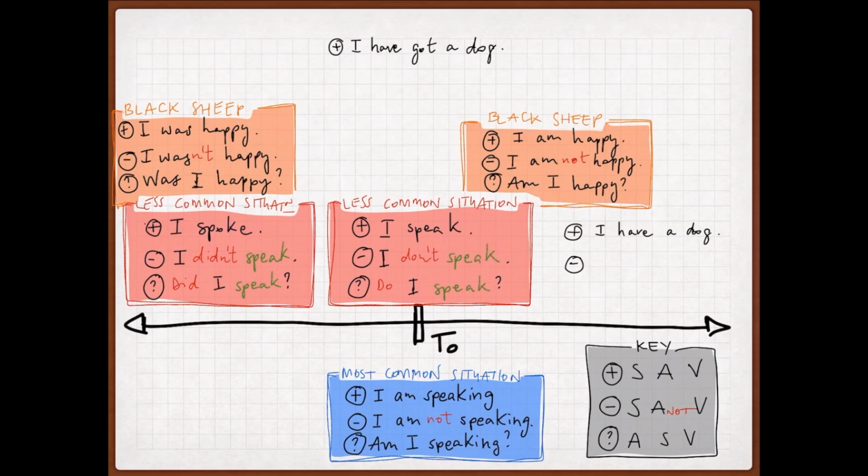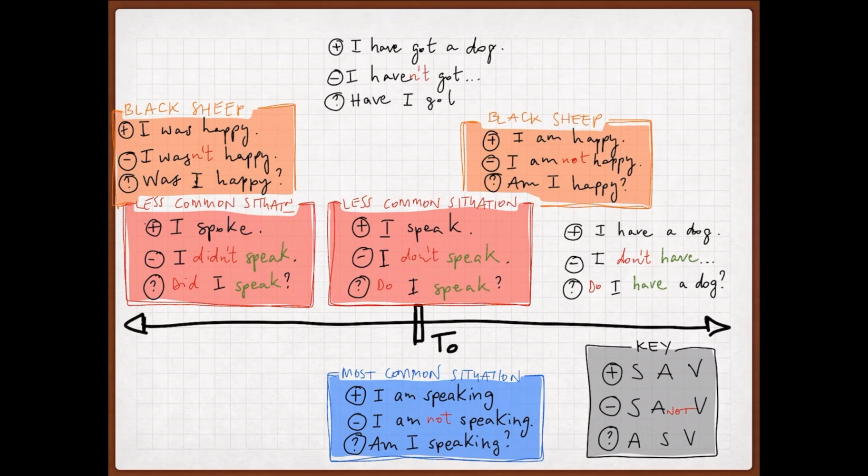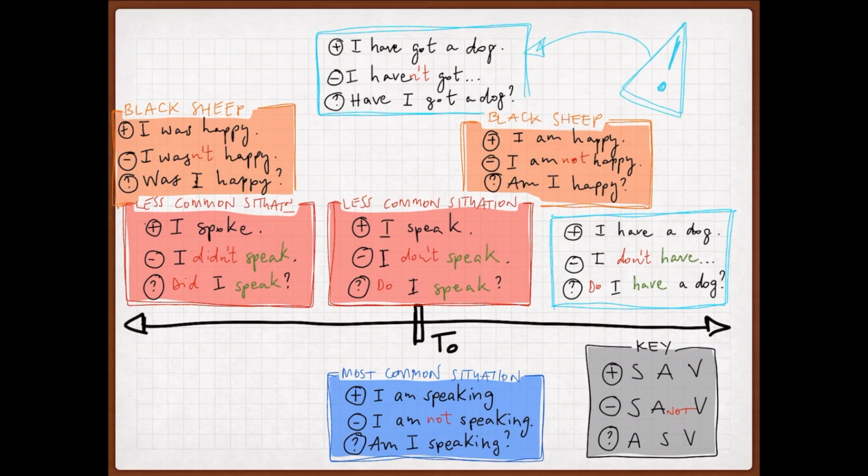Despite this identical meaning, there is a difference in how we construct the negative versions, and thus questions, using these tenses, as the auxiliary will not be the same. In the present simple version, we can see that we use do as our auxiliary, and in the present perfect construction, the auxiliary is have, and the verb is to get. The word have functions either as verb or auxiliary, but not as both at the same time, as we can see be does. The word do follows the same pattern as have. It functions either as a verb or auxiliary, but not both at the same time.